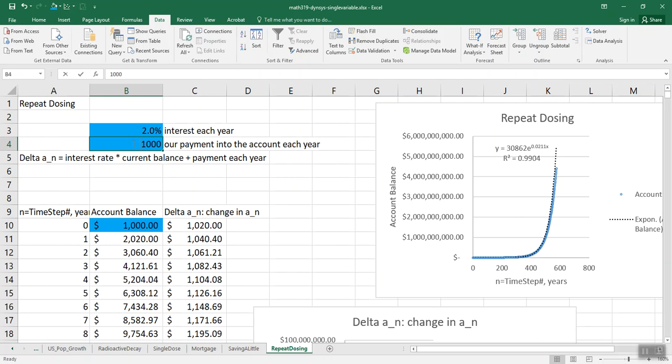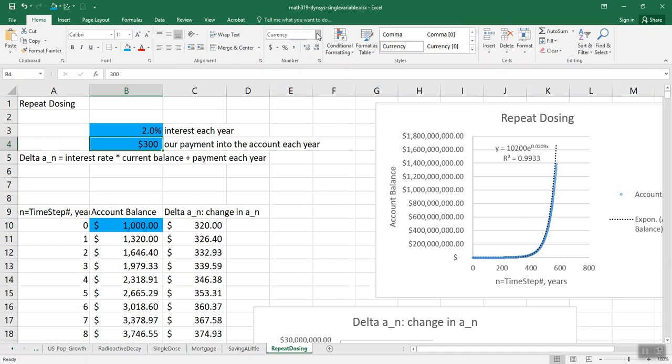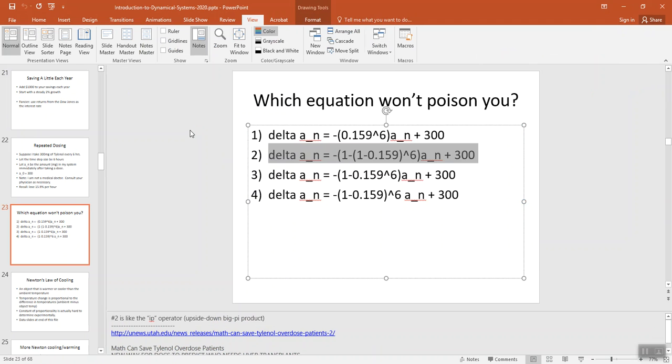So we're going to have a 300 milligram dose each time. And our decay rate should be negative. We know that it should be 15.9% loss each hour and 6-hour time steps. So what was that formula? We had